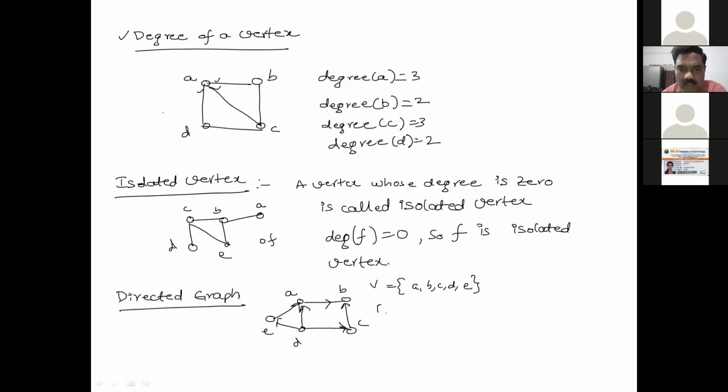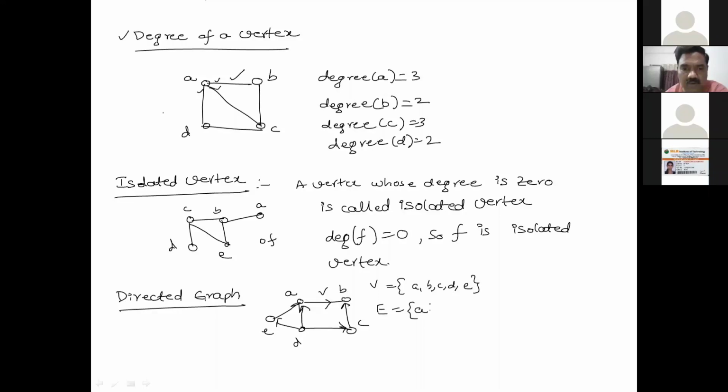And what are the edges? Coming to this particular edge, now I must call it AB only. Why? Because it's a directed edge. I cannot call it BA. Whereas in the earlier graph, in case of a non-directed graph, I can call that either AB or BA, but here it is directed, so I must call that AB. There is no alternative.